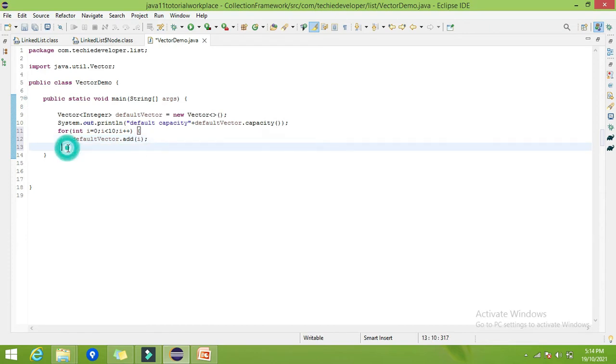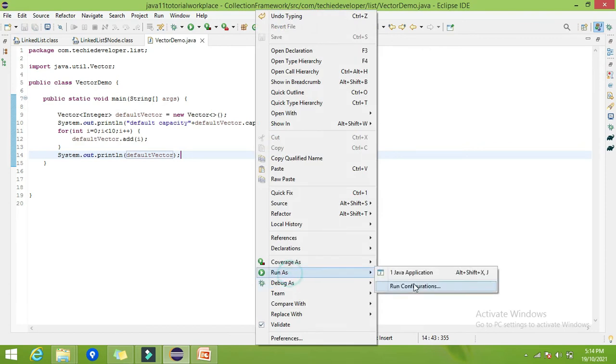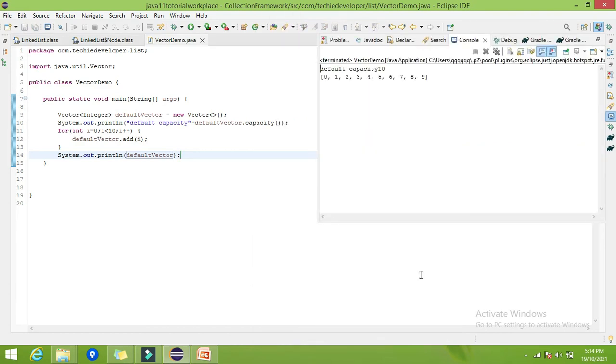After that let's try to print the default vector. So here you can find 0 to 9.